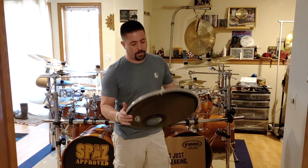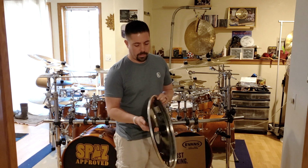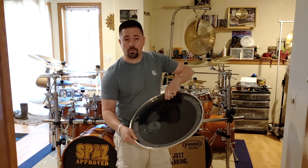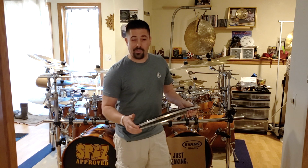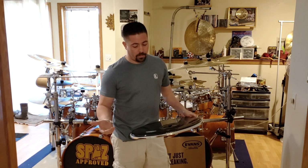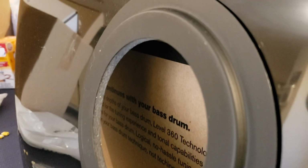Right off the bat, this head is pretty thick. It's got a nice foam insert for some muffling. It's got an inner ring. The only thing that I actually hate, that I wish Evans wouldn't have done or would do differently, is that this ring is on the front. I wish if they were going to put it anywhere, they'd put it on the back where you wouldn't see